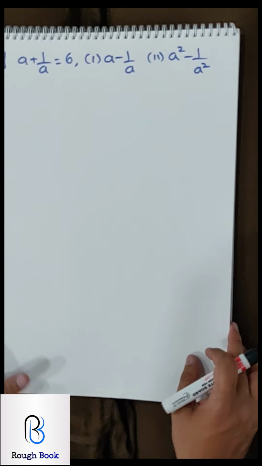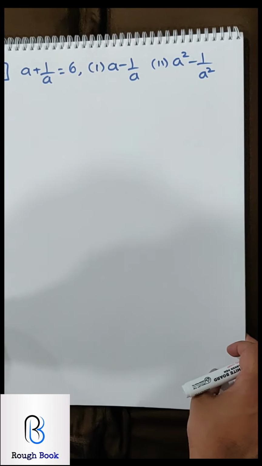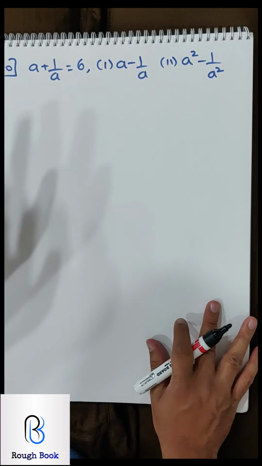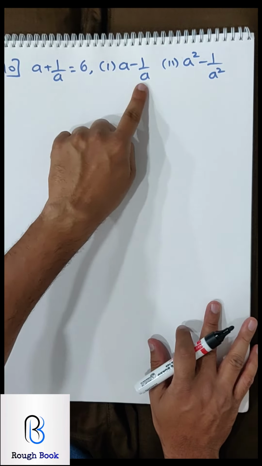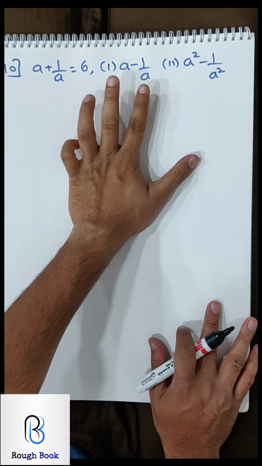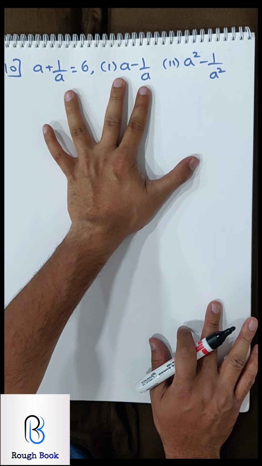Let's go ahead with the next one. Sum number 10. Come on, go ahead. This time they are using fractions, so you consider this as a, b, a, b, a, b. So a plus b is given, a minus b is asked. We are pros by now. We are going to use the relationship formula.